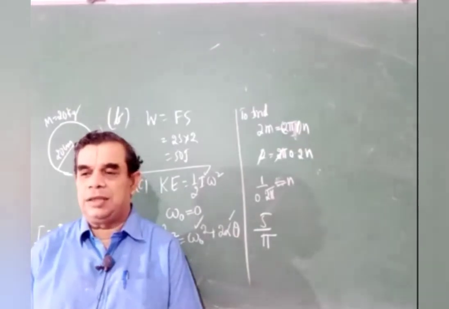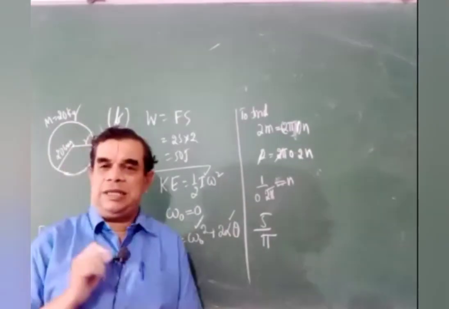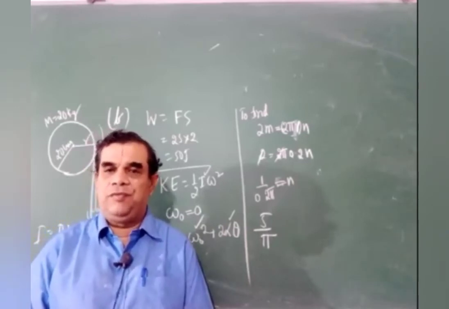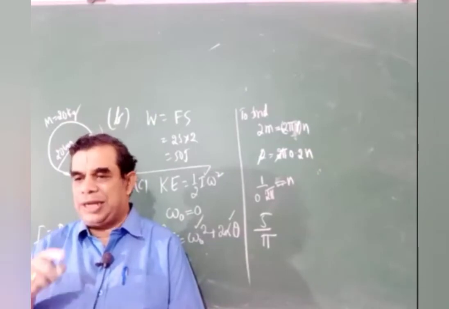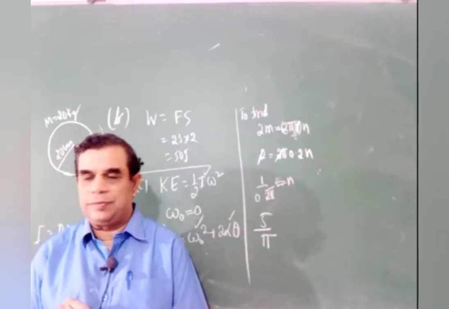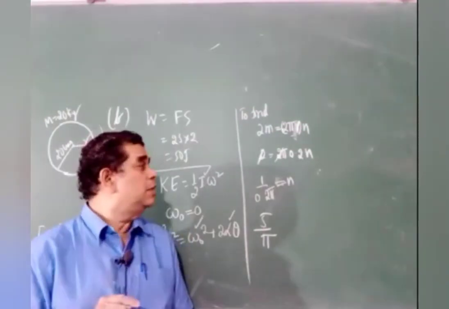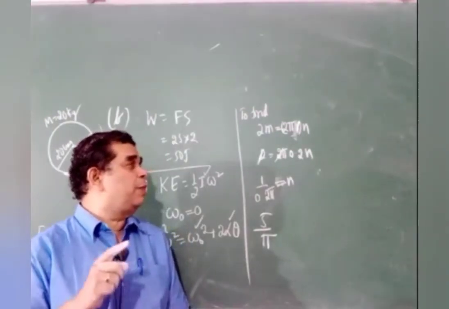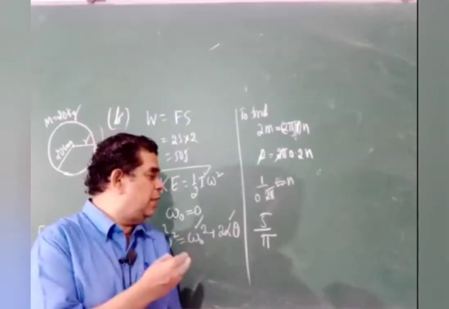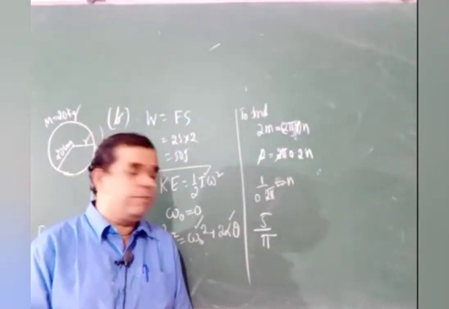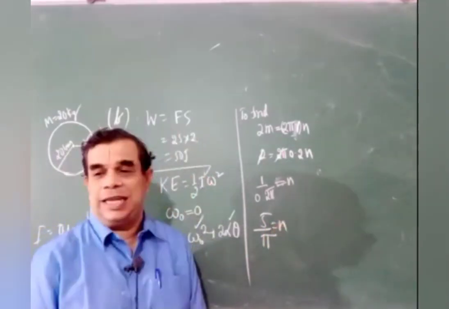Is that not? Because 2 meter is the string uncovered. We imagine that the string is wound n times around the disk. So n into 2 pi r, 2 pi r is the circumference. So 2 meter corresponds to 2 pi r into n rotations, in fact n circumferences. We got 5 by pi as the n value.